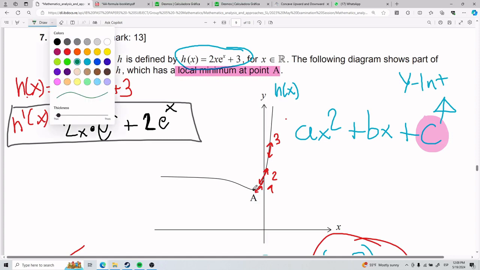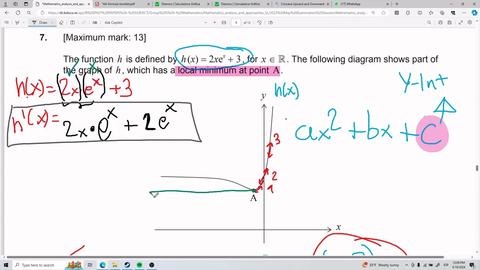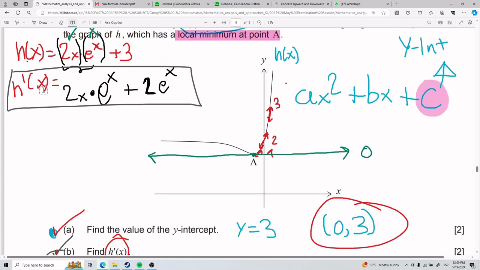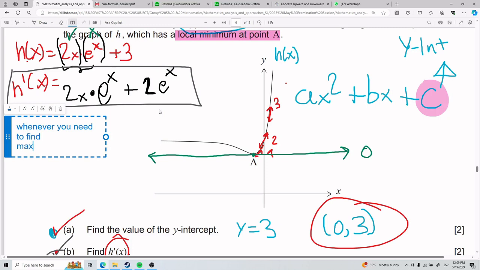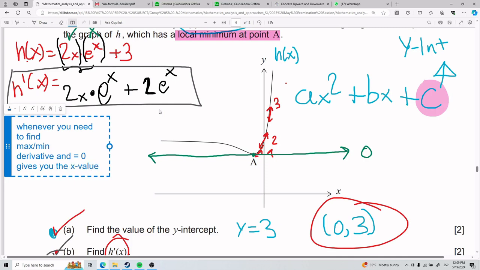And at the minimum, what is my slope, you guys? It's a horizontal line. It's a slope of 0. So this is massive. Whenever you need to find max or min, setting the derivative equal to 0 gives you the x value. Because if you put the derivative